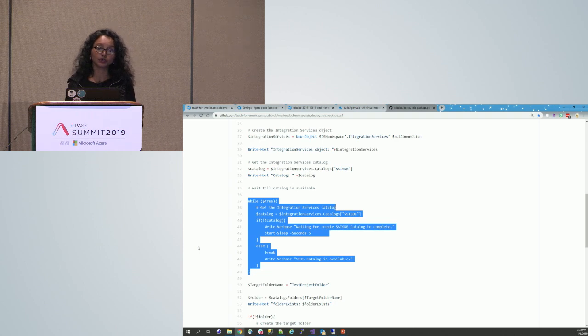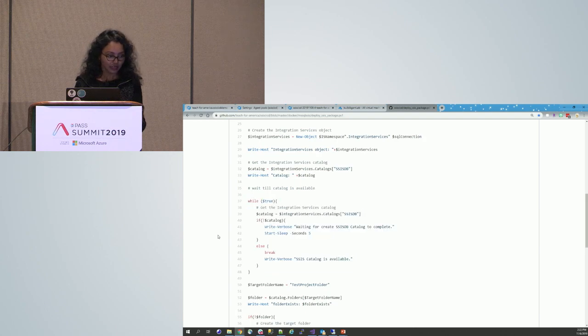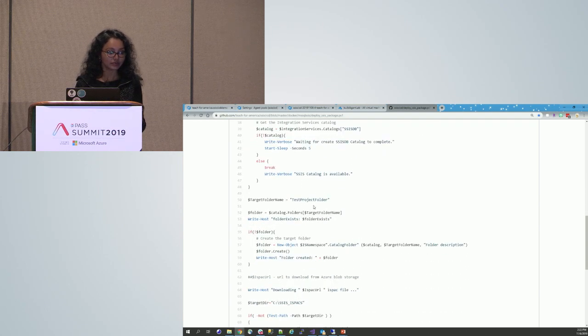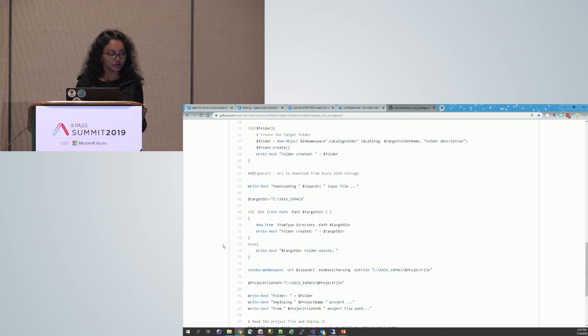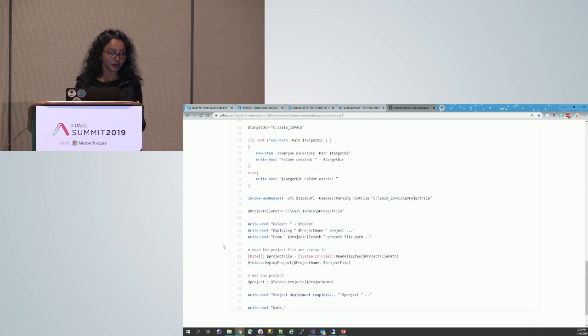Our developers want to deploy packages several times, run tests, and once everything is done, clean up the container. So we added this statement to make sure that it's not created multiple times, and even if you try to do it, it throws up errors. And here we are creating a test project folder where the packages are included.